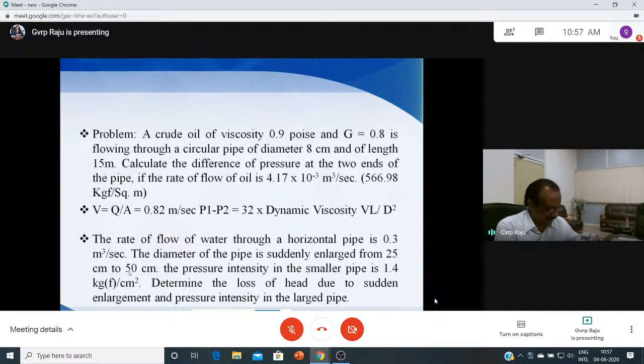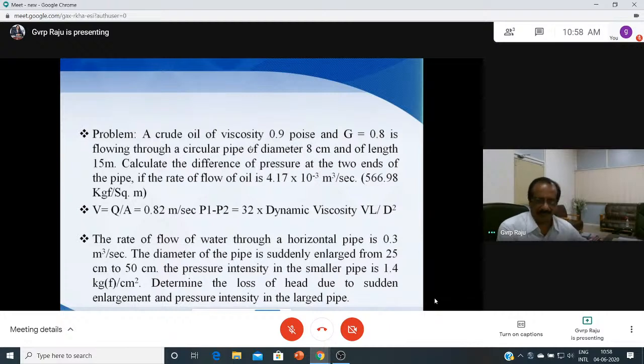So the rate of flow of crude oil, viscosity 0.9 poise and specific gravity 0.8, is flowing through a circular pipe of diameter. So this equation is, we can say,